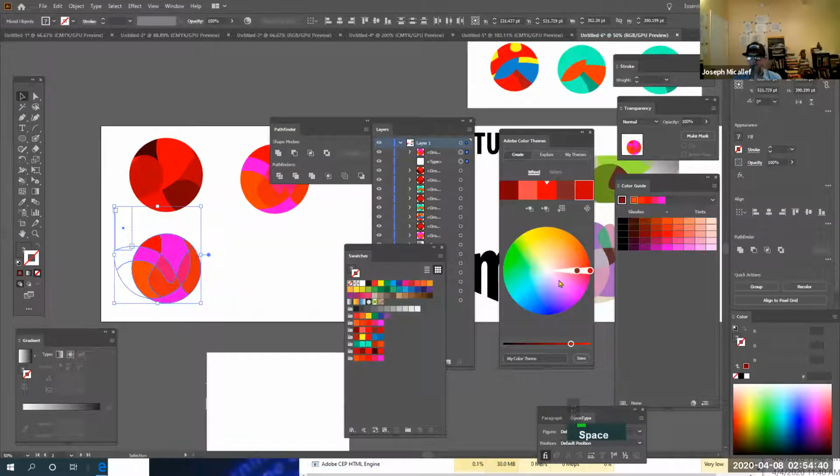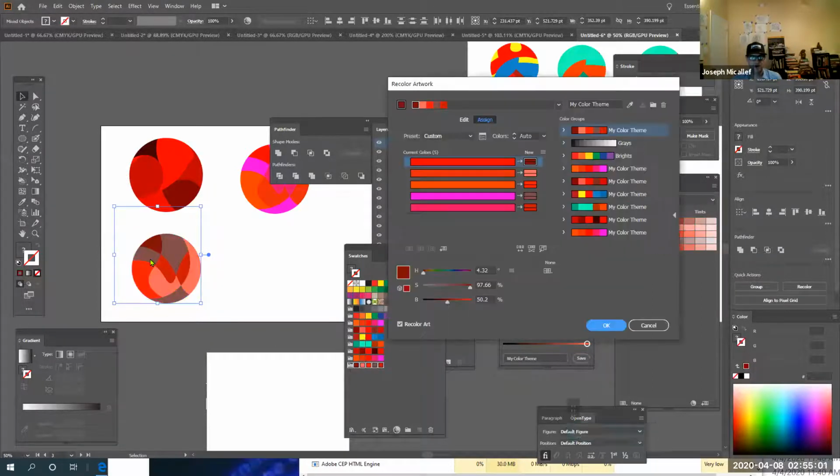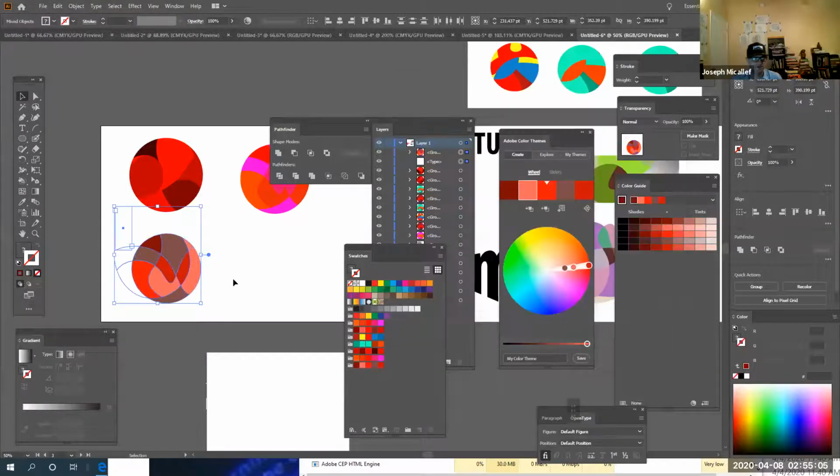And then I will decide on a monochromatic theme. So I'll keep it within the same hue range, but maybe I'll adjust the sliders here to get a range. And then I'll hit the swatch button again. It's right down here. I'll double click the folder. Then it automatically applies it to the artwork that I want to make the color change to,